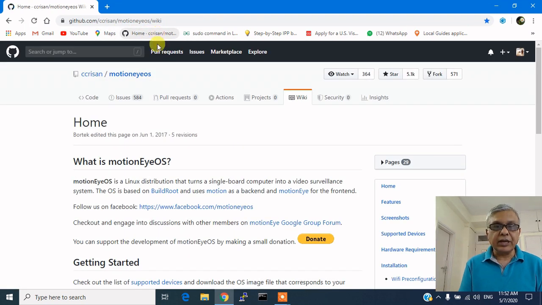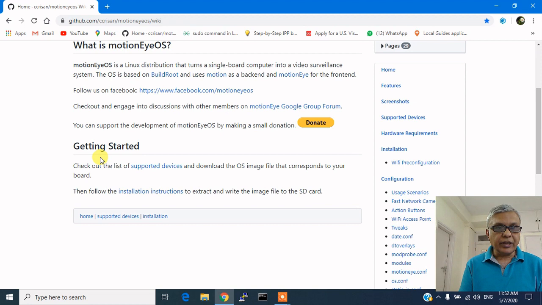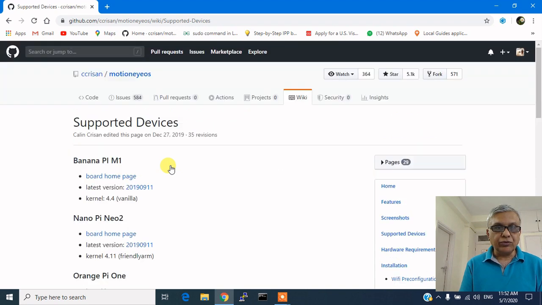the method how to download the Motion iOS. So I have gone to github.com, and here if you see down below in the getting started, you can see the supported devices, and if you click it, it will take you to the list of all available supported devices.